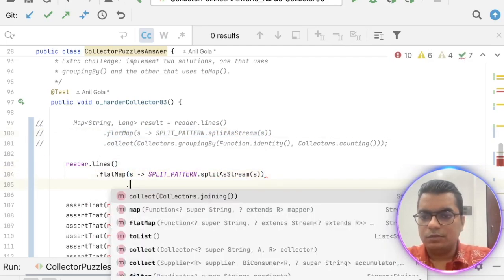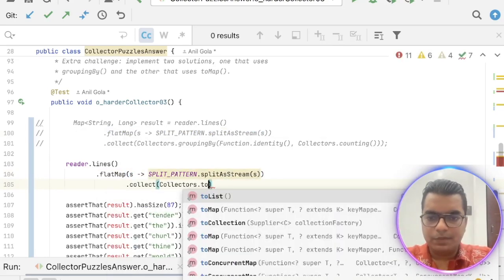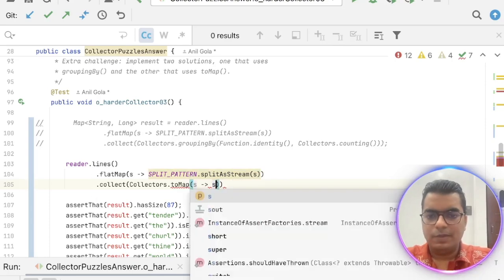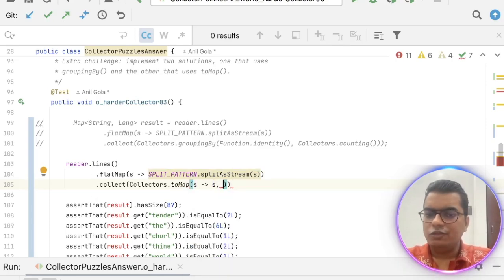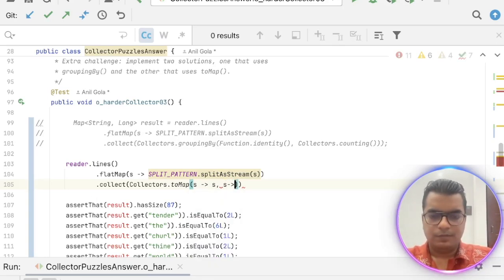I just need to do a collect, and now basically I need to use something called toMap. toMap of course takes a function, s will of course remain s, and now I need to do something about the value here. The value should be 1L. Every word I am just giving the first value as 1, counting as 1,